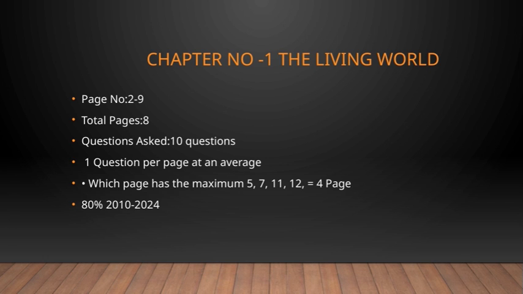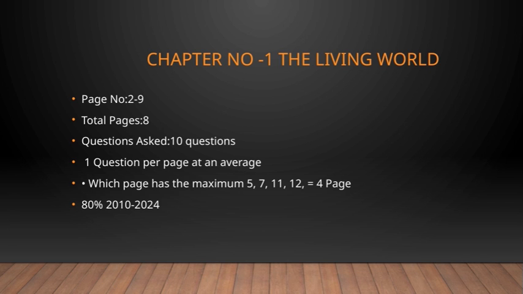understanding. An interesting point to note is that certain pages, specifically pages 5, 7, 11, and 12, contain the maximum number of questions, totaling 4 pages. Additionally, there's a note about the time span from 2010 to 2024, which accounts for about 80% of the content or questions. This overall structure sets the foundation for exploring the diversity and characteristics of living organisms, emphasizing the importance of understanding the living world around us. As we move forward, keep in mind how these questions and pages connect to the broader theme of studying life